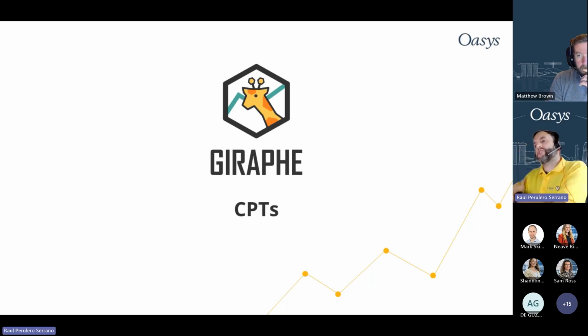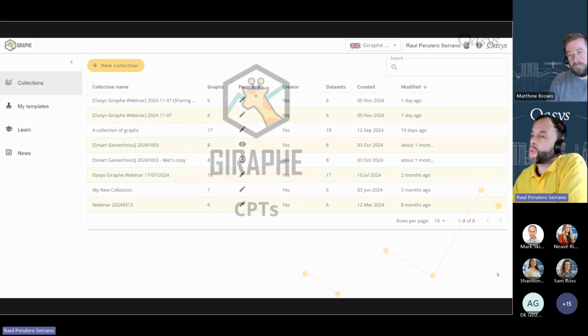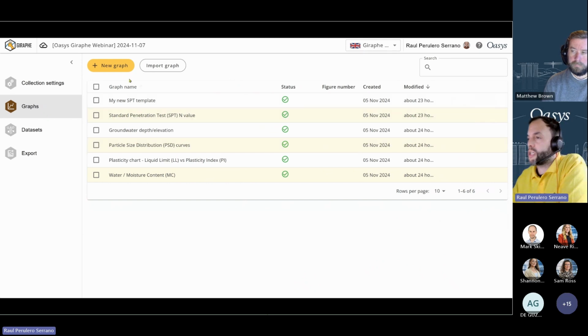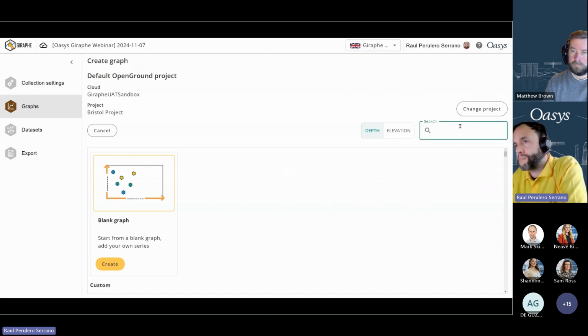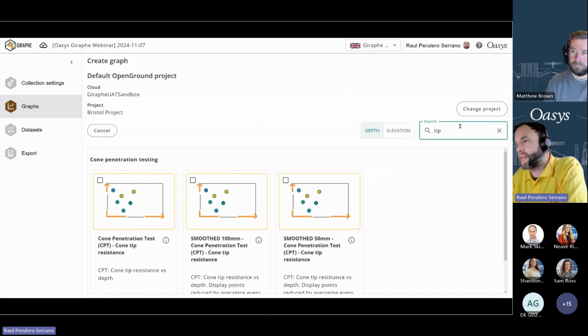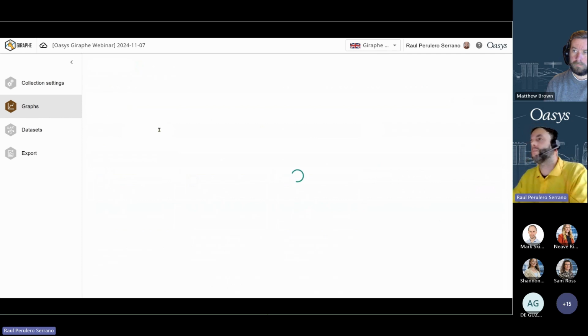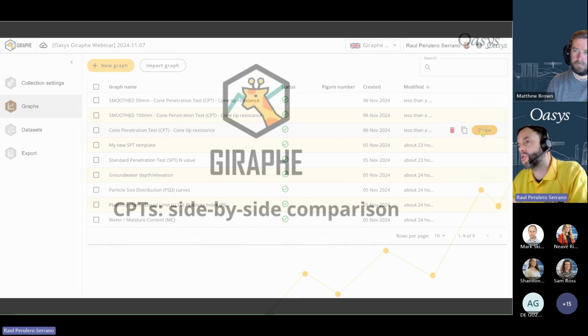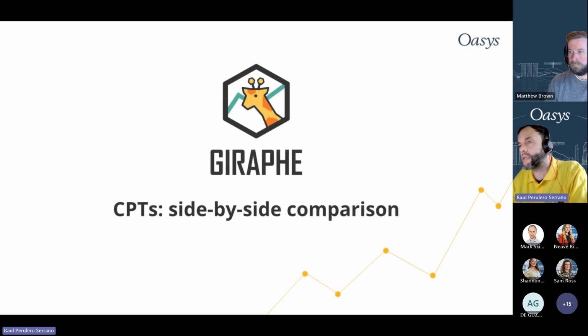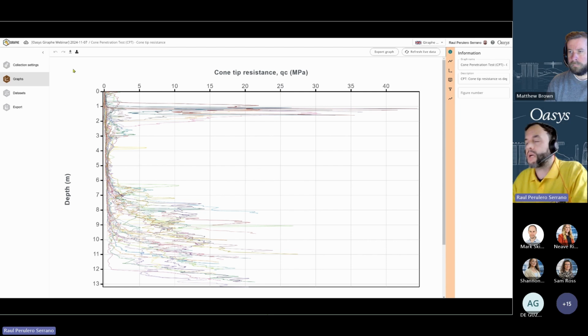So CPT is large data sets. That's not just for offshore projects, but also for onshore energy projects, for example, where you can get lots and lots of this particular type of test data. We have different types of data sets from live projects, from dummy test data, and we've been just seeing the interaction. And what we found is that some of those larger data sets we've managed to crunch and get ready for you to visualize inside the interface. This is showing just the multi-creation of three data sets for the CPT in particular,